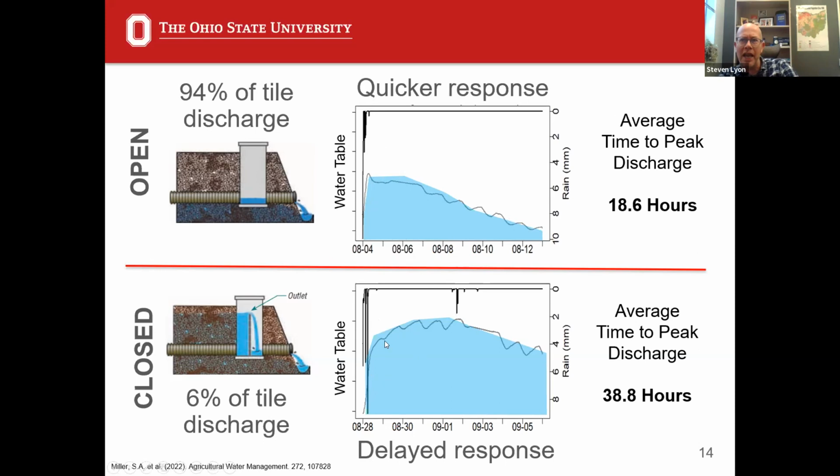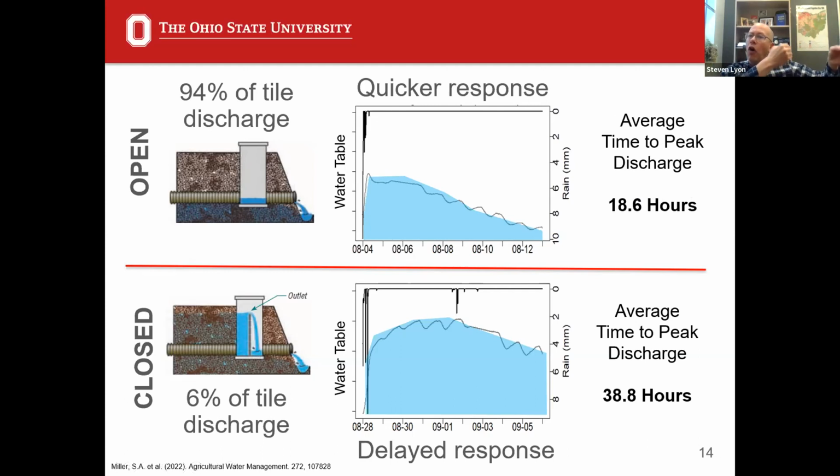Here we can see more of a delayed response. This peak is a little bit more delayed, with a higher overall rise in water table for this system. So, very similar events with different responses at the edge of the field, indicating how that hydraulic gradient shifts as well. And then also important here is the time to discharge peak. We monitor the flow coming out of this tile system and ask, when does it peak relative to when the rainstorm event happened?